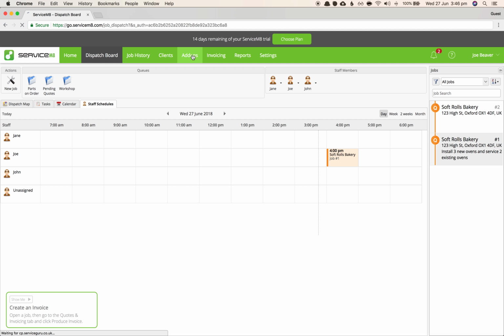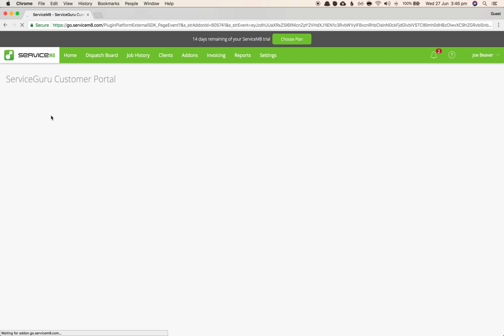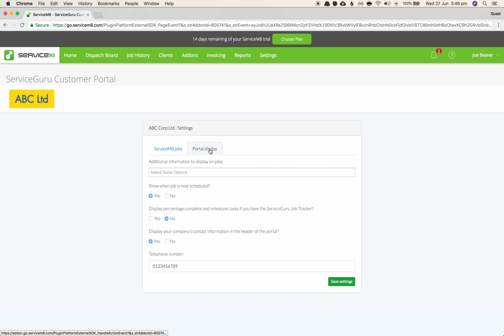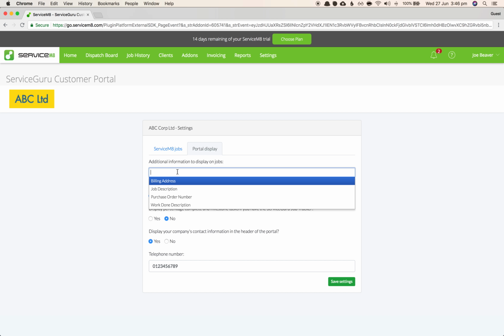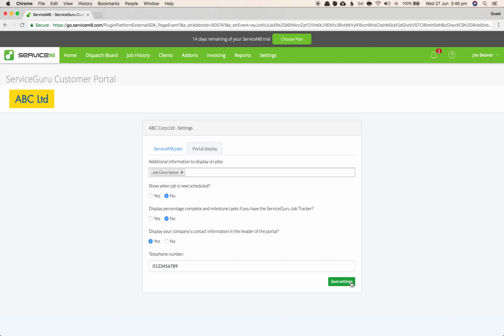And we'll go into the add-ons and back to Customer Portal to show you the settings here. So if you want to display additional information on jobs, for example, a custom field or a job description, we can select that. And we don't want to show when it's next scheduled, so we'll select no, and we'll save